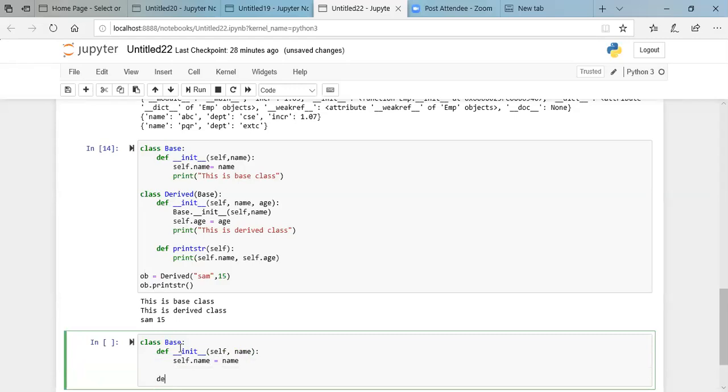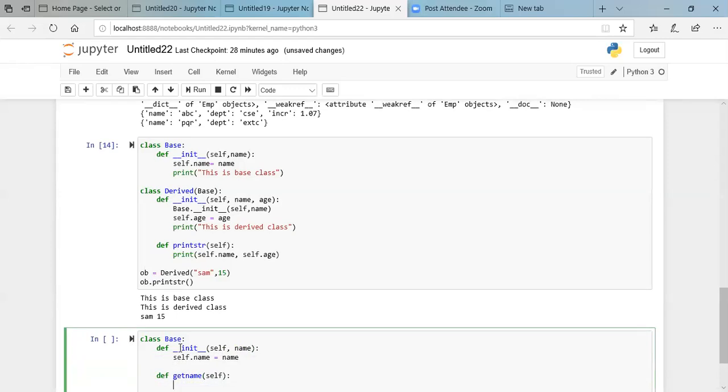And there is another method, get name, passing again the self, and to return over here self dot name.